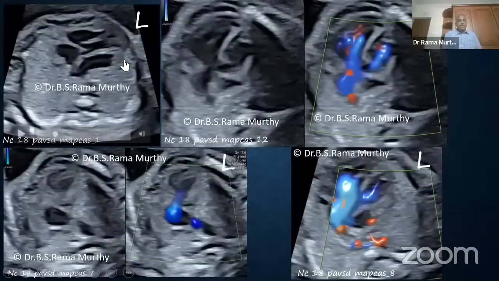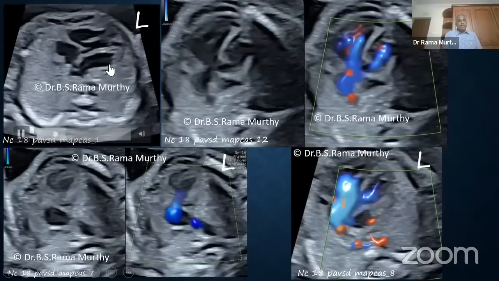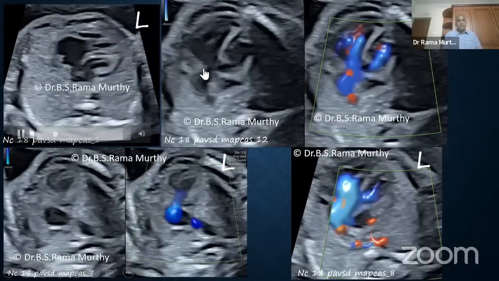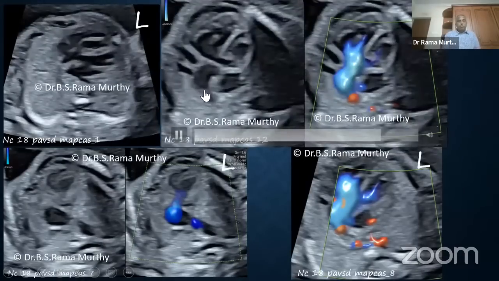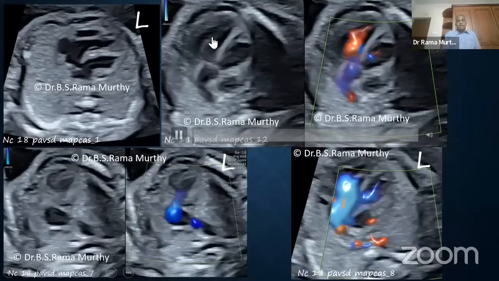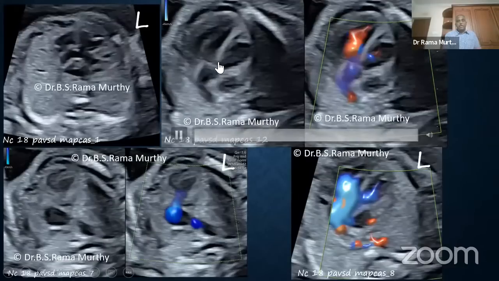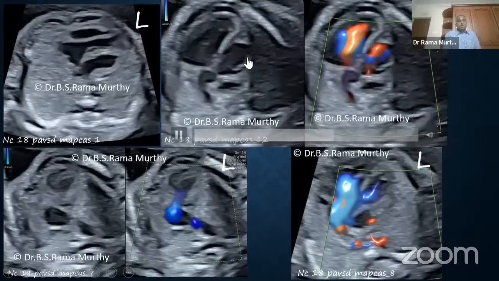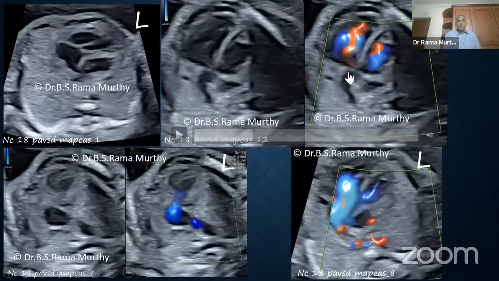Okay, now here is another case. That's the four-chamber view, showing you the fact that there is an axis rotation. There's a left axis rotation. When I go to the LVOT, you find that there is an overriding aorta that you can see here. Overriding aorta, and you have almost equal participation of both ventricles pumping into it. That's the color Doppler, which is telling you the same, right? So therefore, overriding aorta, it is arching and it is equally committed.